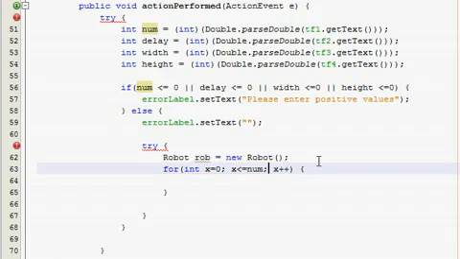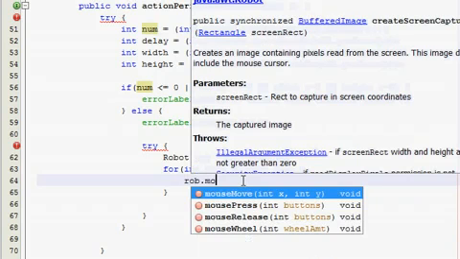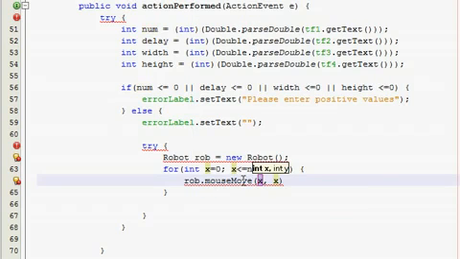and not a comma here, duh, I need a semicolon. Okay, now what this is going to do is it's going to execute for as many times as we entered for num. So, they already entered that. Now, this is the hardest line of code probably, rob dot mouse move, and then we're going to need, alright, this is going to be pretty long, so bear with me. We're going to need to, let's see, clear this one. Alright. We have to typecast, we have to cast these as an int, so int,